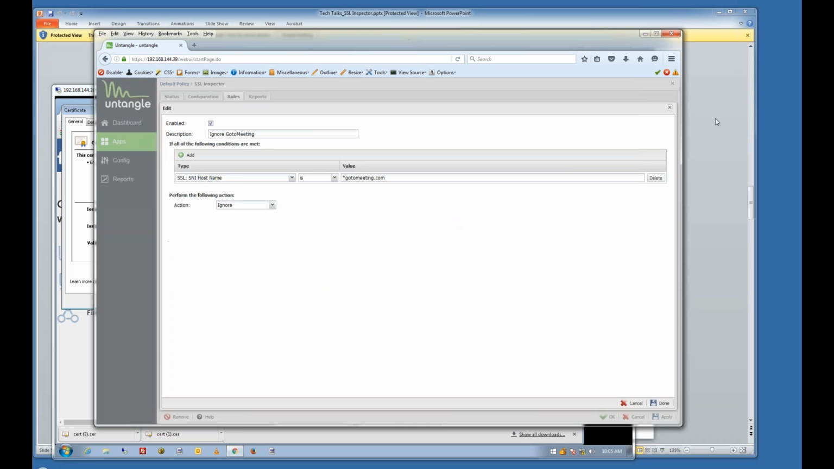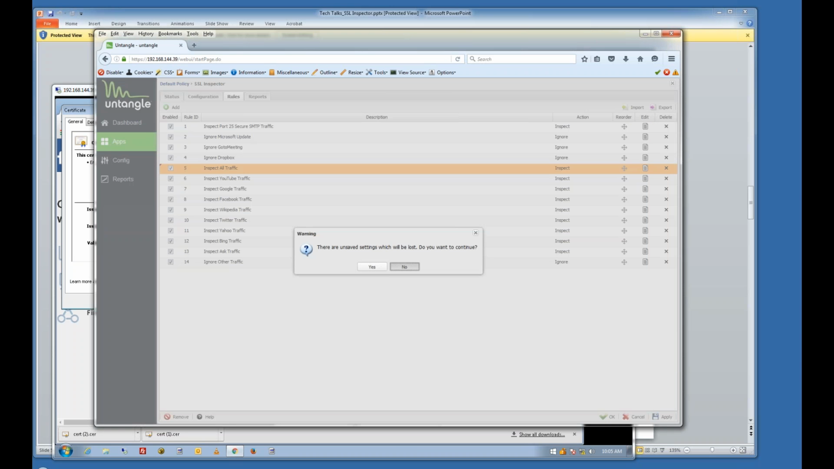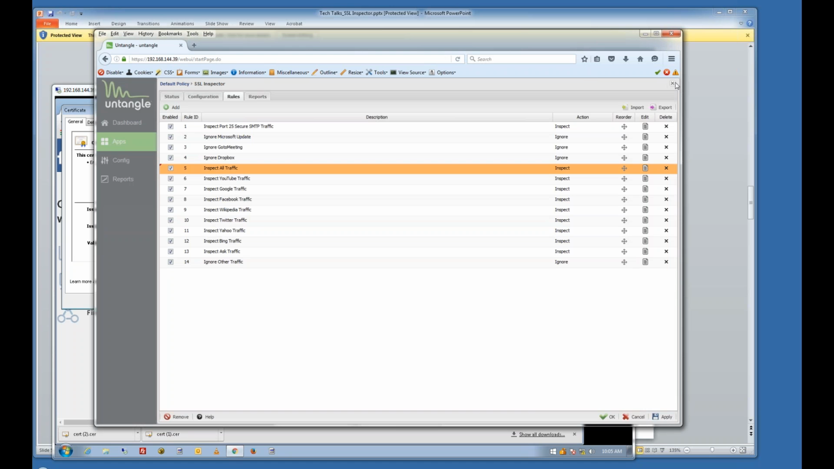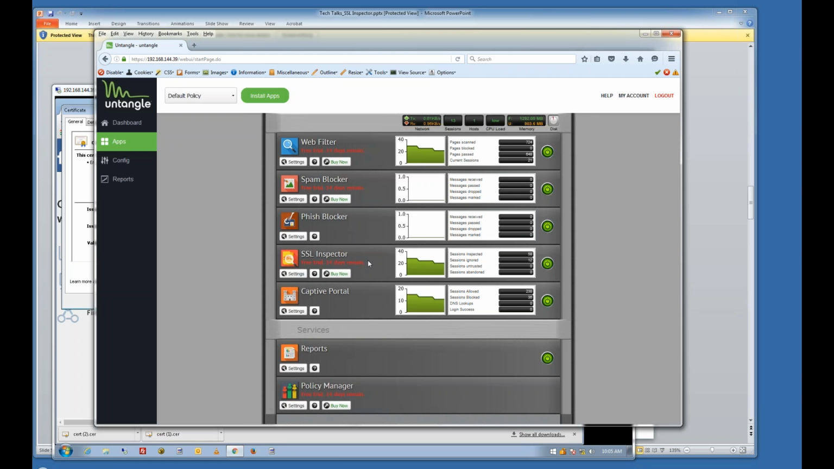One of the good things is that you do get expanded usage on Web Filter. You'll notice SSL Inspector is really an enhancement for all the other apps, because they now have so much more information about the traffic going through there. I know some people who use, for example,